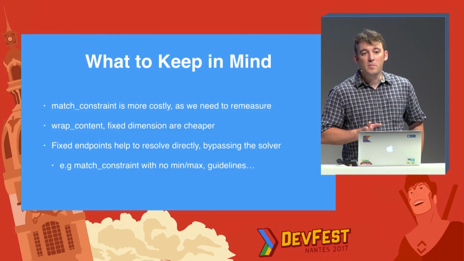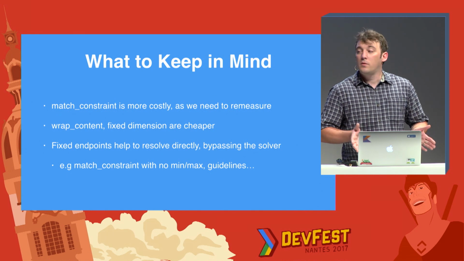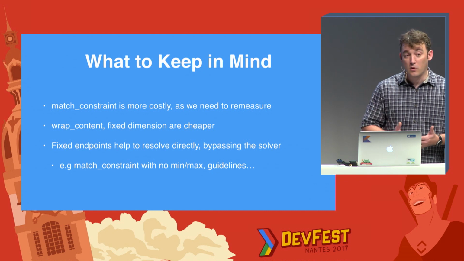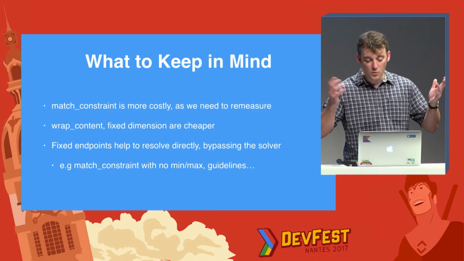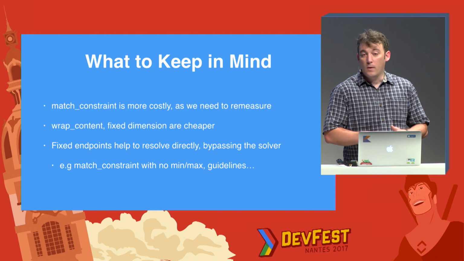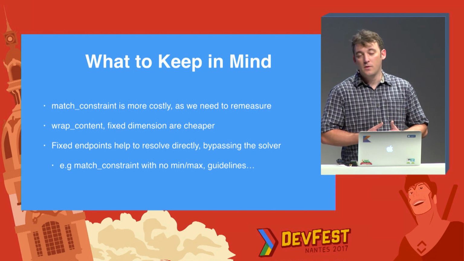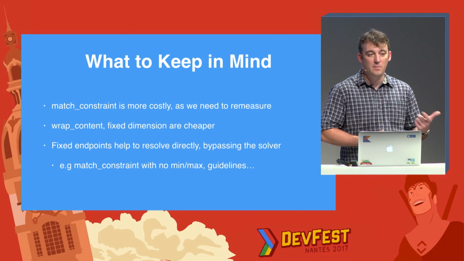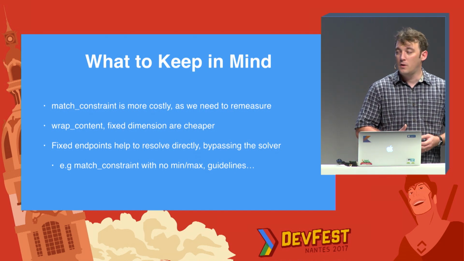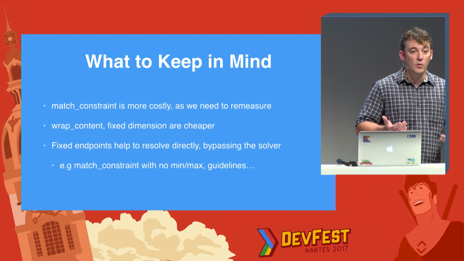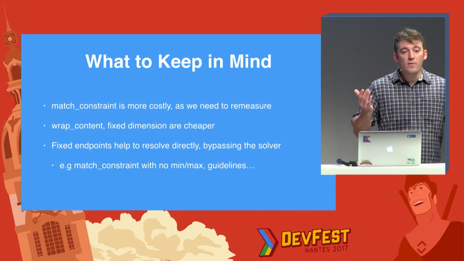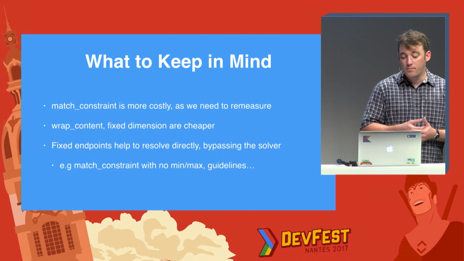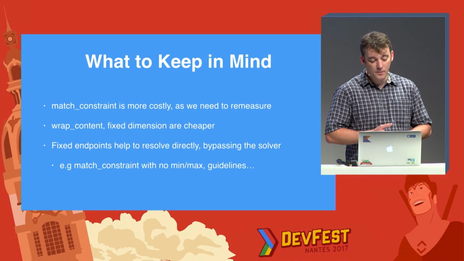A couple of things to keep in mind. Like on linear layout, if you use 0dp, what we call match constraint in the constraint layout world, we measure the widget twice. So that's more costly than if you are setting your widget dimension to be wrap content or fixed dimension. In a sense, fixed dimension or wrap content are equivalent as far as the solver is concerned. It just says, well, my widget has a specific size, and we go with that.